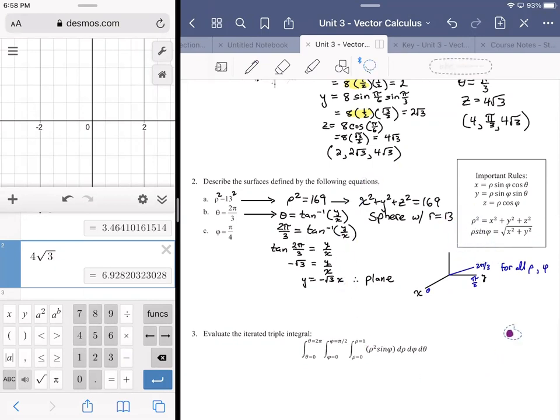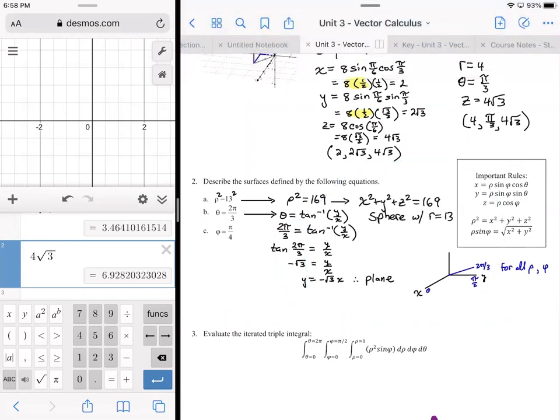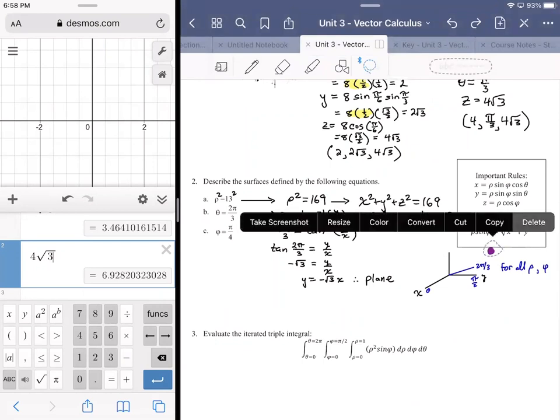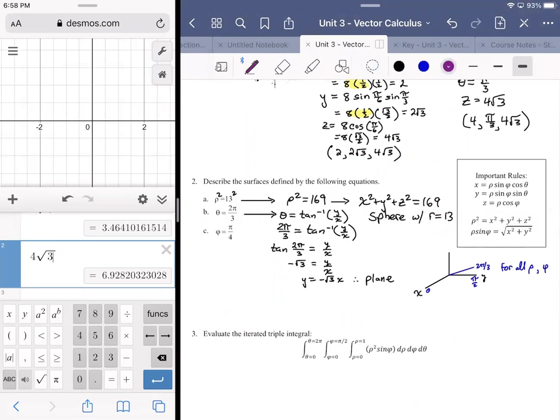But this angle is also infinite. So if it is, then it could travel all the way around in circular paths. So you'd be like, oh, isn't it going to be a big circle? Isn't it going to be a really big, giant circle, if I can go spinning around the z-axis as much as I want? Well, yes and no. Because when you get into the definition of infinity, things start getting a little dicey. Because, yeah, it's a theoretical construct, but